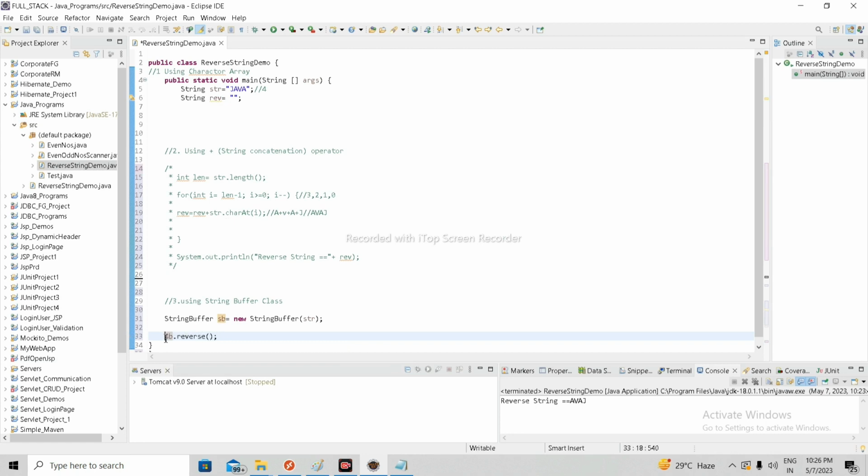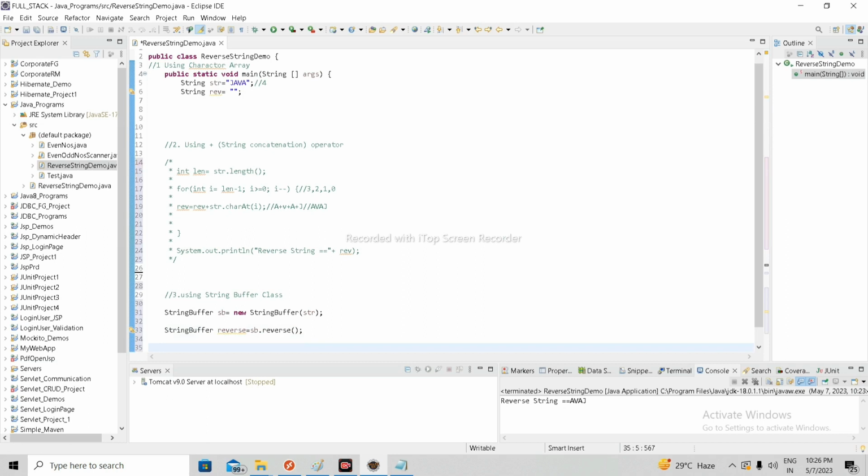Okay, so this object is stored in that variable, or here I have to create it taking the object data type StringBuffer. So simply this is a very simple way.